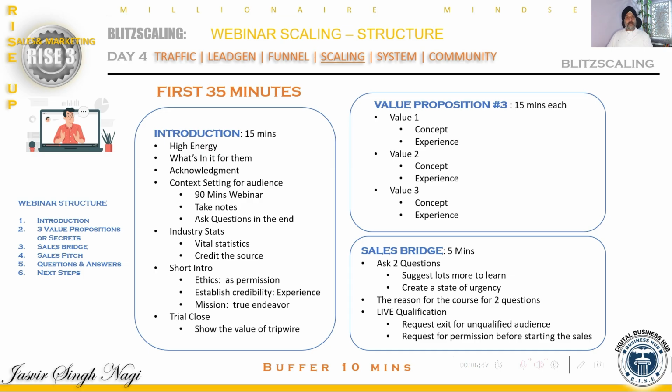Show the value of the tripwire by showcasing, give an example of the courses, the e-course online thing, right? Give them various bundles from the courses, showing that this is the conceptual course, and the course consists of this, but we are adding these bundles to it from A, B, C, D sources, so that becomes your tripwire of sorts. People find that for the price they're paying, it is coming at a value for them because of so many freebies and elements, and you're showing the credibility for the same. Okay, the value is so much. So you end those first 35 minutes accordingly.